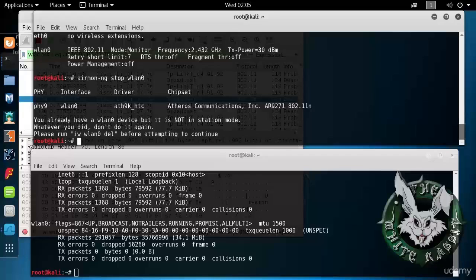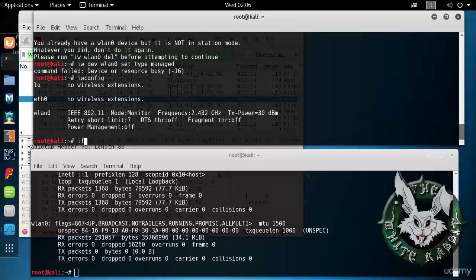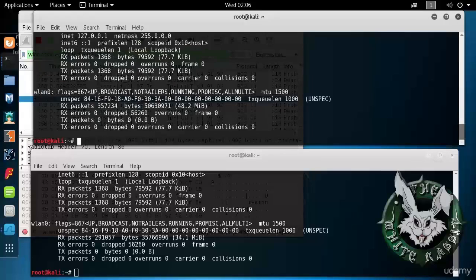So what can we do? Not to worry, we can use iw, and we can use iw to then turn off monitor mode. So set type managed. Oops. Device or resource busy. Well, we can't change the mode from monitor to managed while the interface is up. As we saw here, it's up. So first we can bring it down,